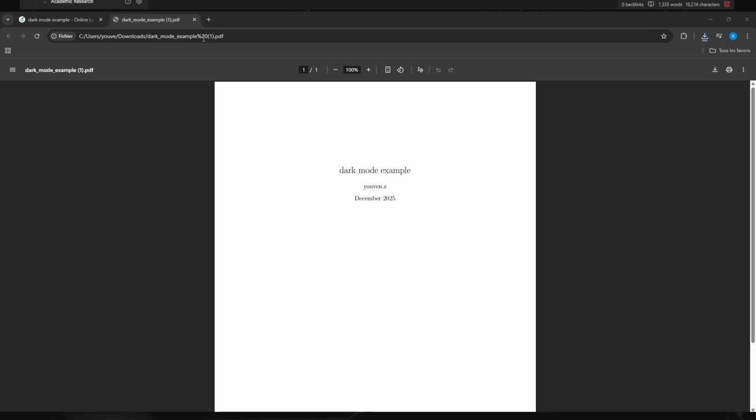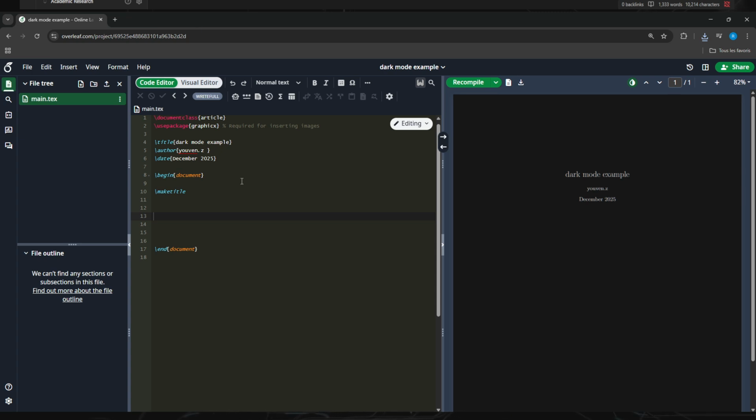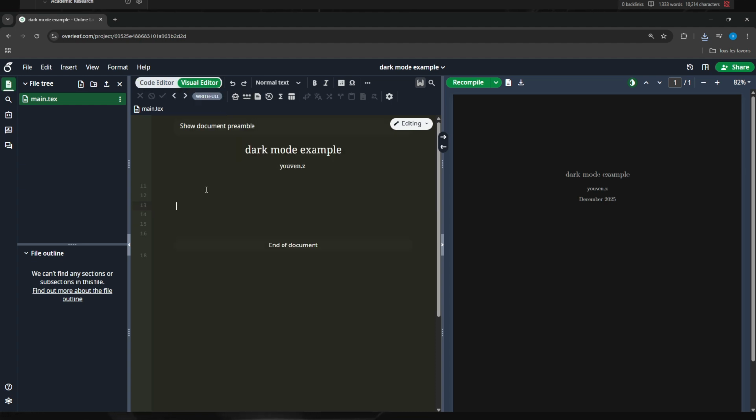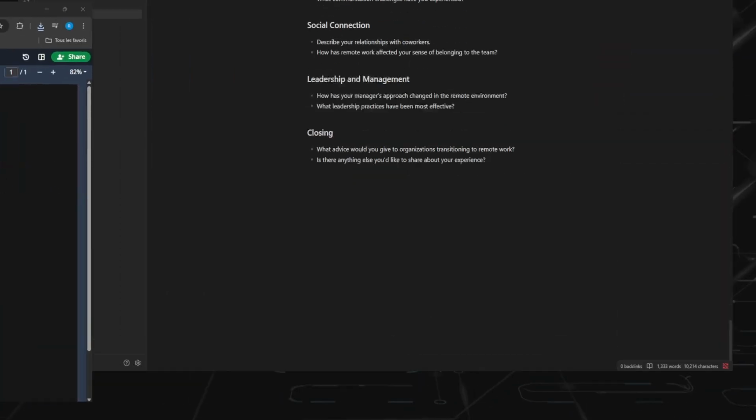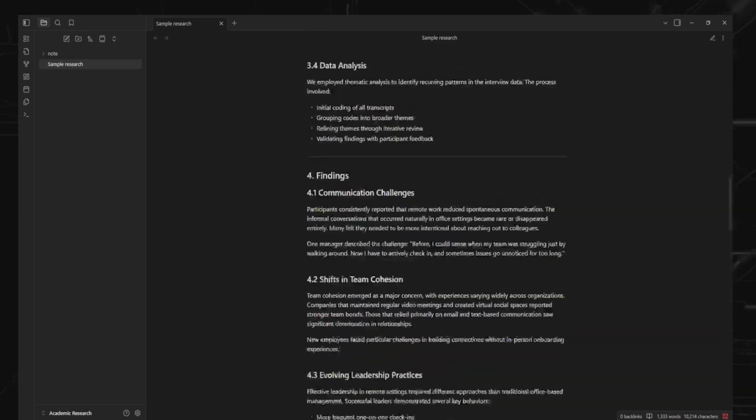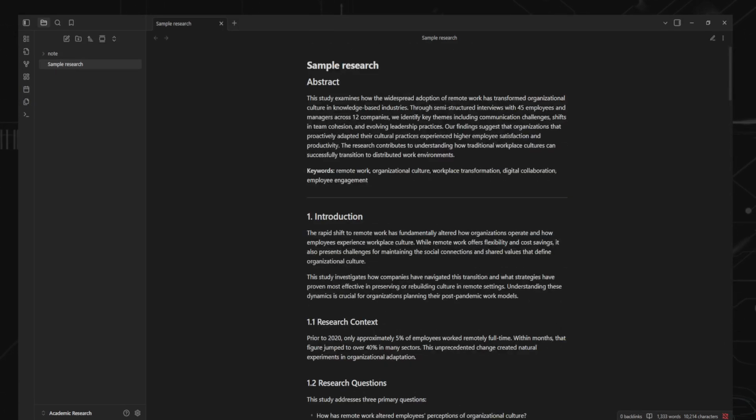And the second one is not very popular and known, but very useful: the fact that you can copy and paste full markdown in the visual editor. So what I mean by this is, when you go to the visual editor and you have some kind of markdown notes that you made, for example in Obsidian, and you want to directly copy and paste, this can be a draft, or